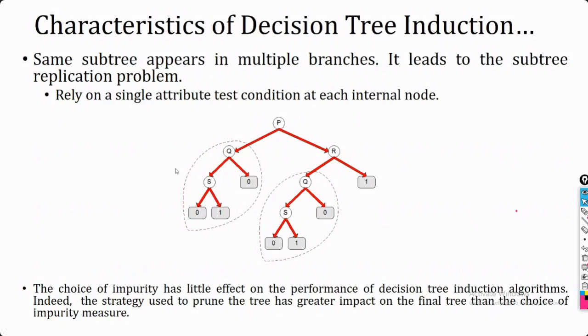Now the next thing with respect to the decision tree is the rule that in one path you can't have the same attribute multiple times, but at two different sites you can have the same attribute. Like suppose here in this case q is there, but here in this case also we have considered q, but I can't consider q or s again in this particular path. So in one path you can't have the same attribute, but if the paths are different you can consider the same attribute.